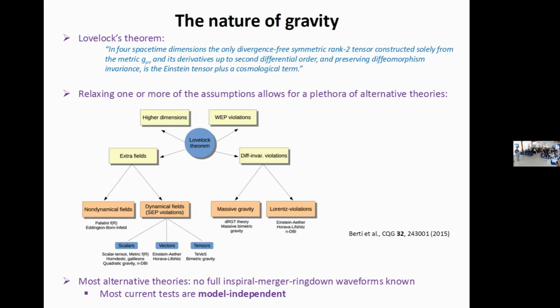This has been done, among other things, to try and find a dynamical explanation for things like dark matter or dark energy. So rather than dark matter being a kind of particle, it could be a modification of gravity and so on. But this zoo of theories or models makes it difficult for gravitational wave observers such as myself to